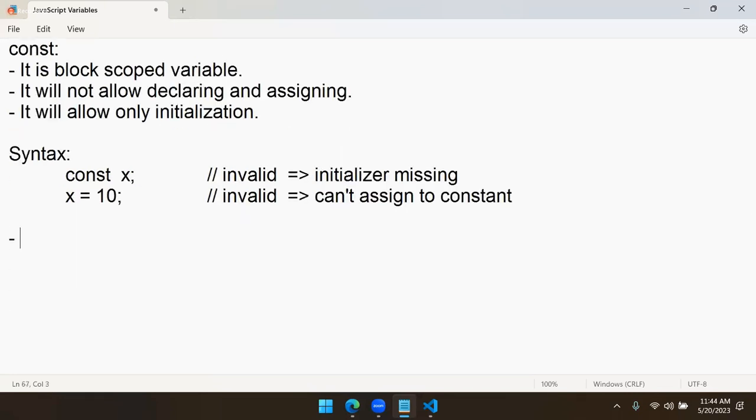Now, very important, it will not allow shadowing and hoisting also. So same like let, no shadowing, no hoisting. That means with one name, there can be only one initializer. And you have to first initialize and then later use. If you try to use it before initializing, it will not work. So constant,